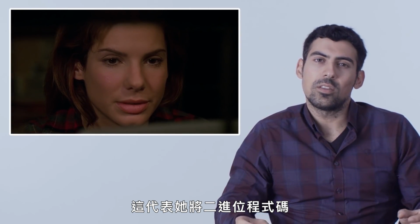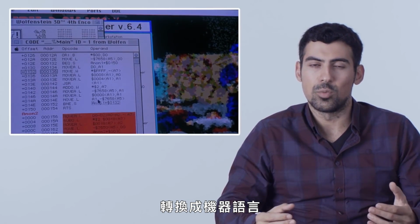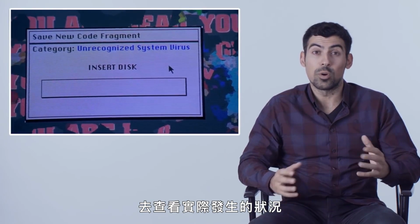What that means is she's taking the actual binary executable and turning it into machine code, which is the type of code that your computer or CPU actually executes. Then she's turning it into a format that she can read to see what it's actually doing,